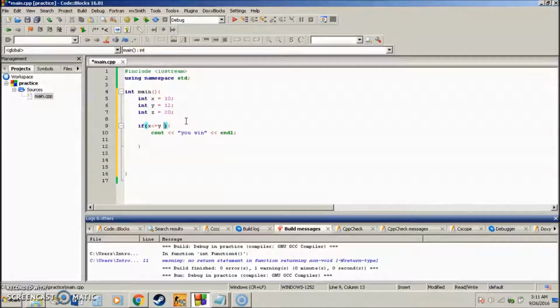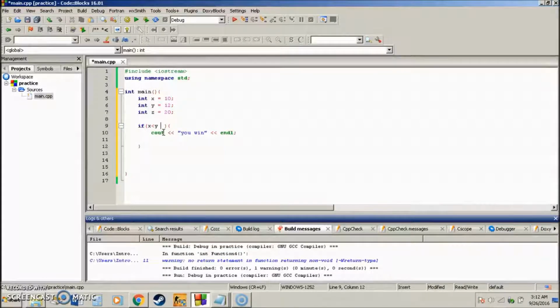What logical operators are is basically what I just wrote. So we have less than or equal to. We've been using them the whole time, I just haven't really introduced them. So we have logical operators, and basically those are these: less than, greater than, less than or equal to, or greater than or equal to. So basically we can say if x is less than y,